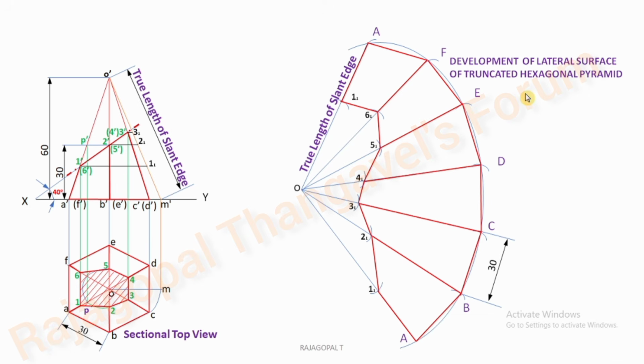In the previous videos we have discussed the pentagonal pyramid and square pyramid. In prisms we discussed the hexagonal prism and pentagonal prism, followed by the cone as well as the cylinder, and the two vertical chimney problem. If you wish to see those videos, check the description box for a link or refer to the channel playlist Development